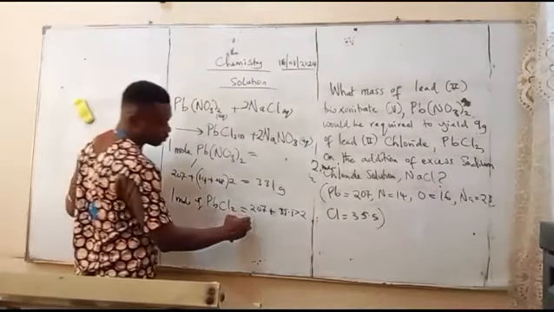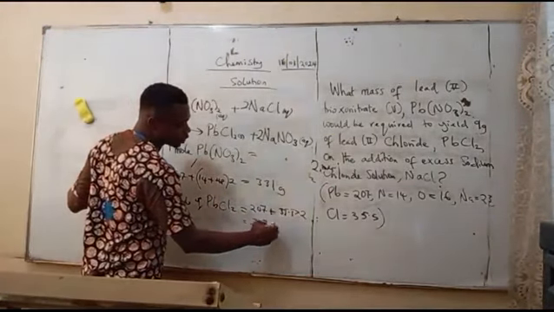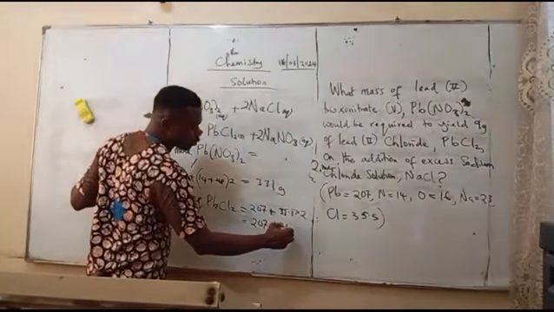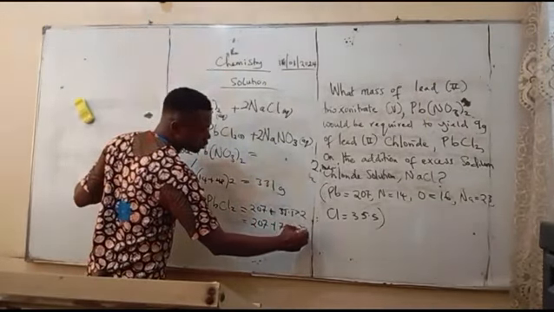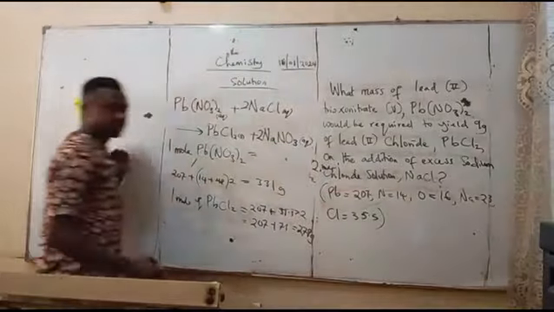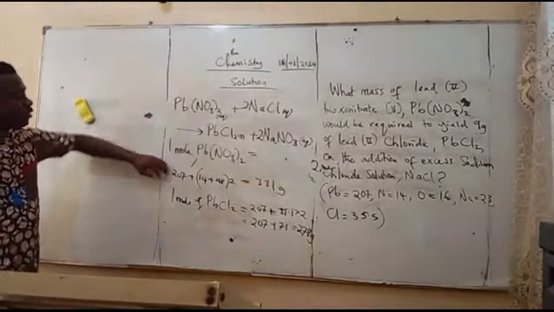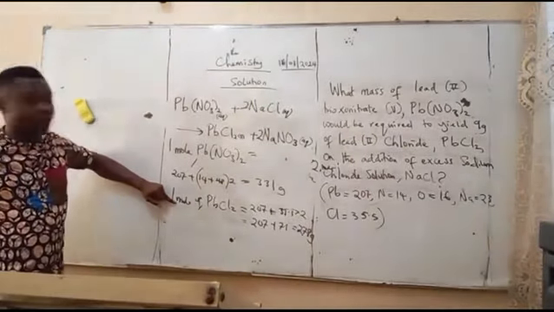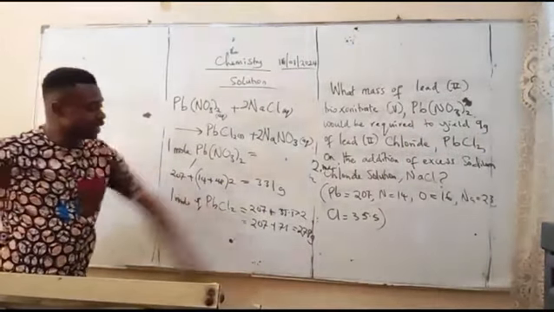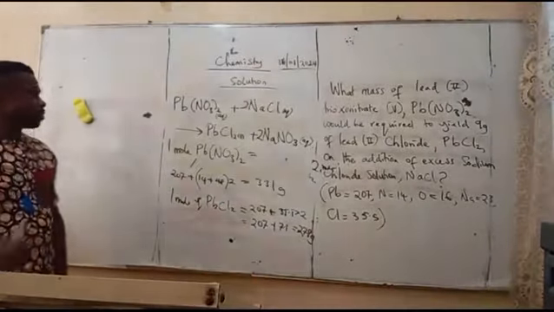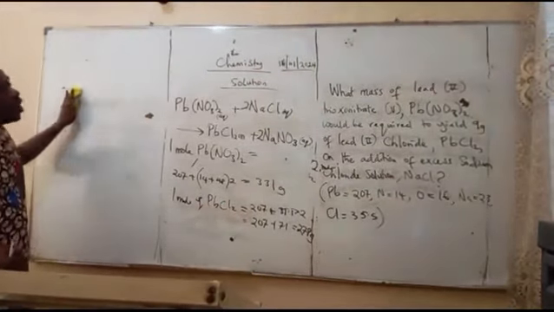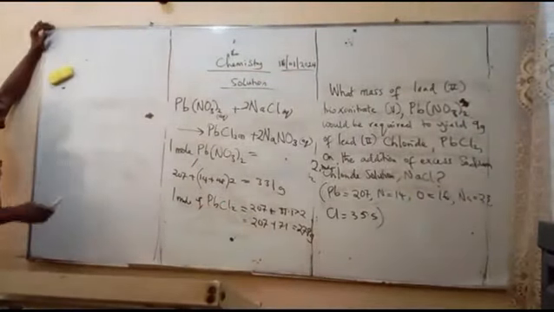So here we have 207 plus 71, which is 278 gram. Is it clear? So the mass of 1 mole of lead chloride is 278 gram. So going back, what it means is that